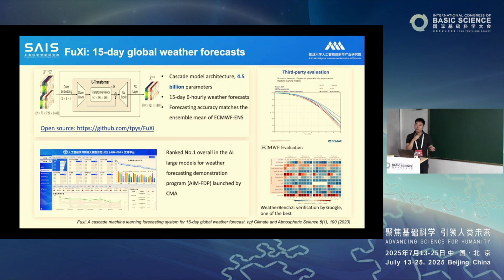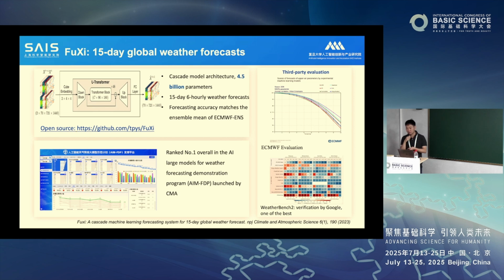judging the models by their testing data, all those models are run operationally daily since the competition began, maybe last year. The program is still running right now. Actually, you can look at how those models perform on their website. FuXi has also ranked number one overall since the competition started. So weather forecasting is an area where people can actually try and test every day to see how good your model is, and not just by looking at how it performs over the testing data.